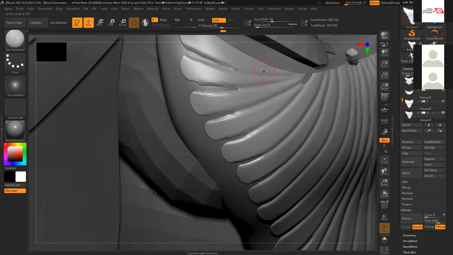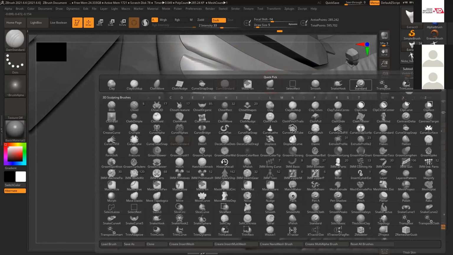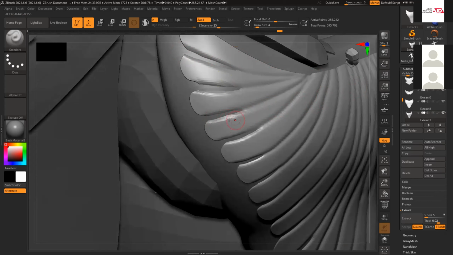Control D, make it a little smooth. Then I can use the standard brush to add a little volume here.